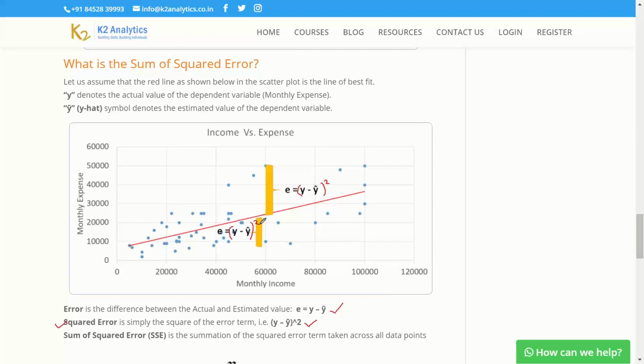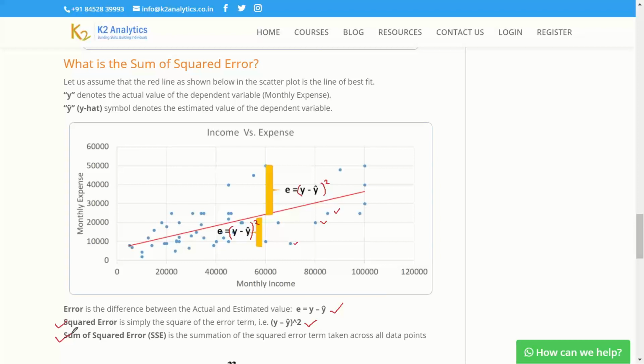For each and every data point, I need to compute the squared error, and I take a summation of all of these squared error terms. I get the sum of squared error.